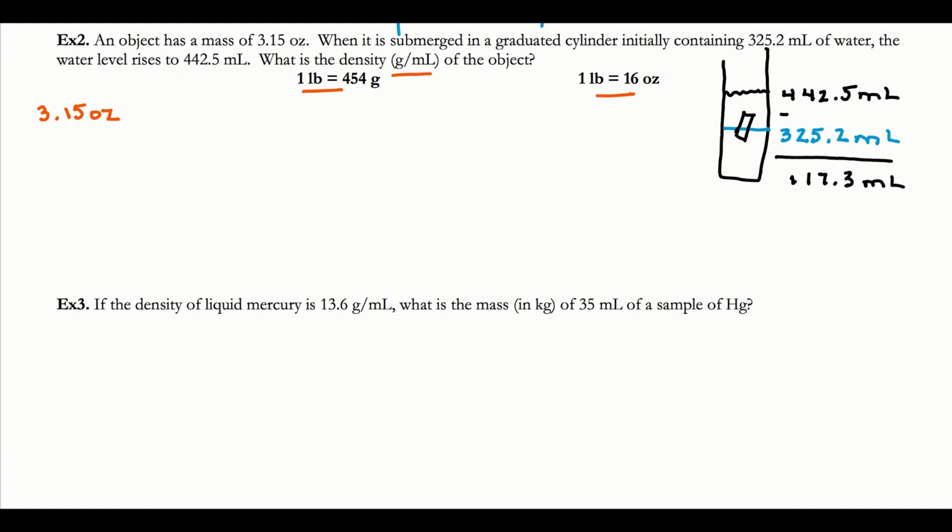Okay, I'm in ounces. I want to get into grams because that's the unit for mass that I want for density. So notice the two conversion factors allow me to get out of ounces, first into pounds. Okay, now I'm in pounds. I don't want to stay in pounds. Now I can get into grams. In one pound there are 16 ounces. 1 pound has 454 grams. So I'm going to take 3.15, divide by 16, and then multiply by 454. And what I end up getting is